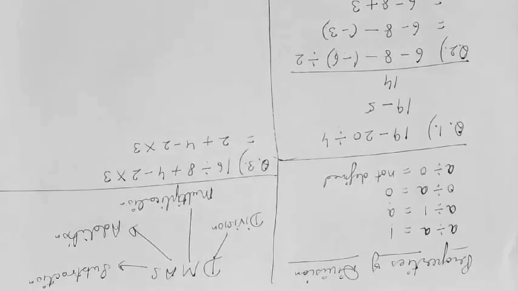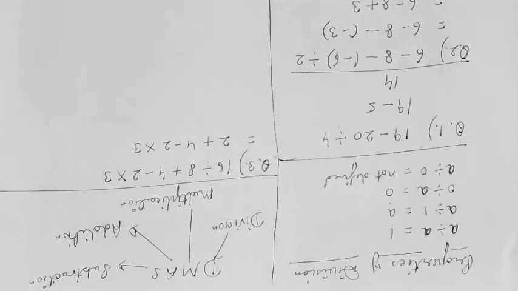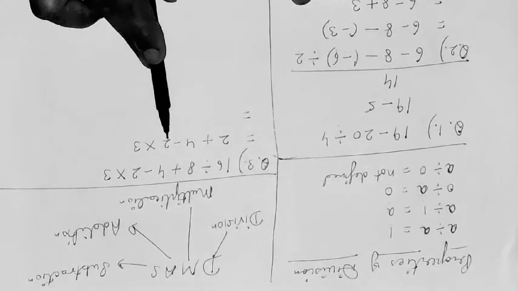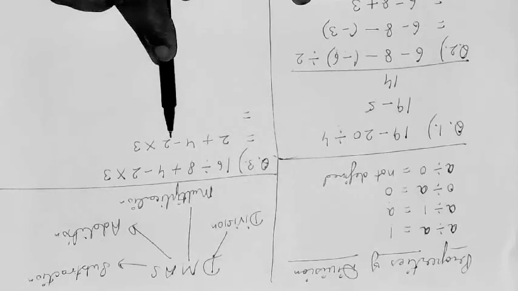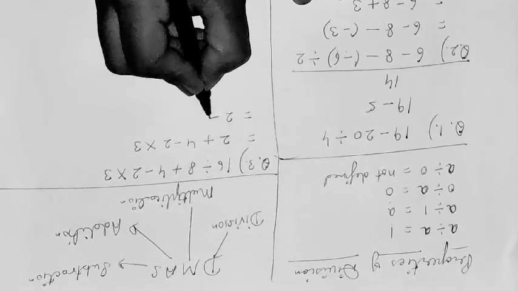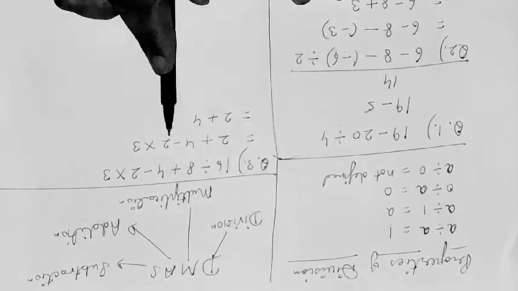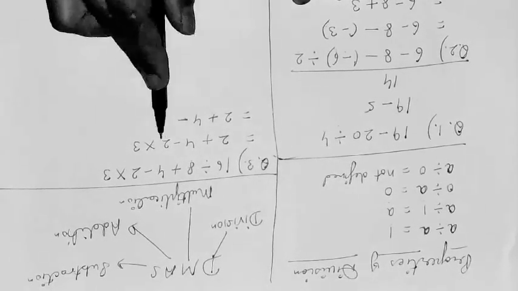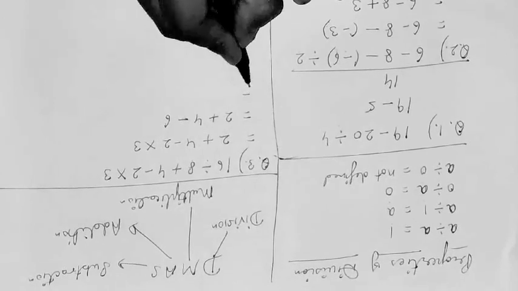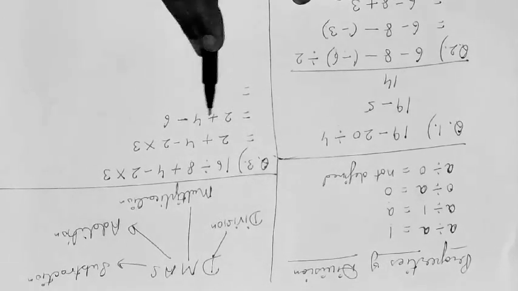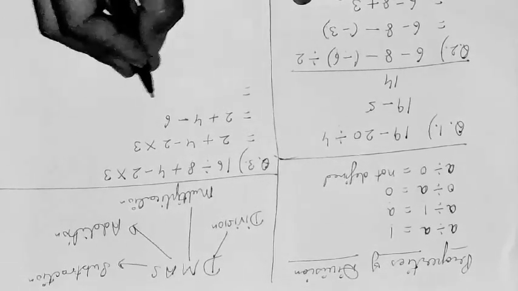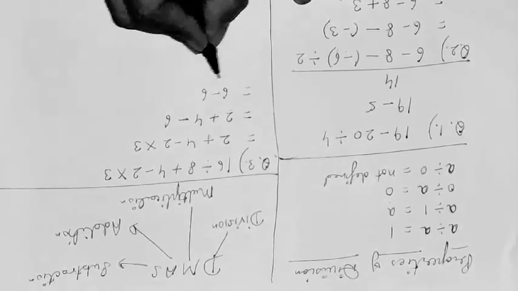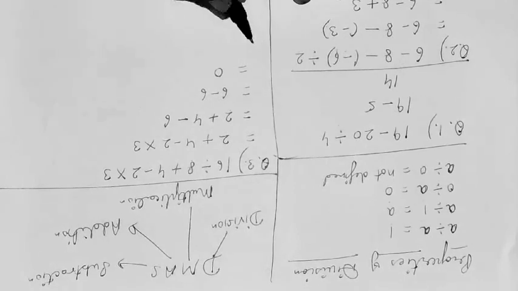I am doing it stepwise, one calculation in one step. Now after division we have to do the multiplication. So multiply minus 2 and 3 and carry the rest of the terms as it is. One is negative, the other is positive, so the sign will be negative. 2 3s are 6. Now 2 and 4, both the numbers are positive, so add the same sign numbers. 2 plus 4, answer is 6. 6 minus 6, so the result is 0.